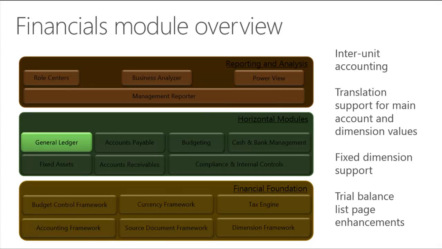When you'd send it out to Excel, it made it pretty difficult to slice and dice that information or create a pivot table off of it. So what we did is add an option on that trial balance list page that gives you the ability to split those out into separate columns. It'll make your analysis within Excel much easier to do.